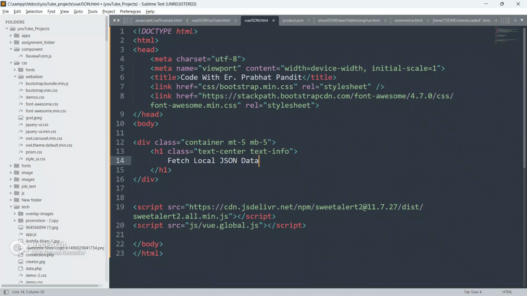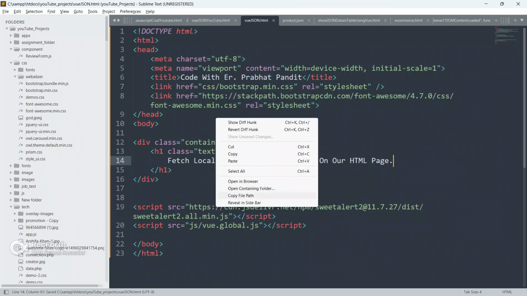Fetch local JSON data using Vue.js on our HTML page.